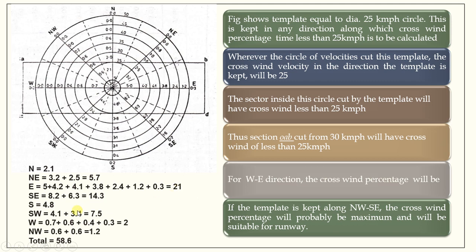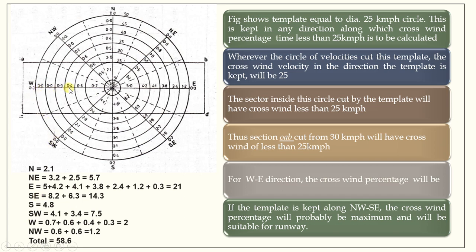So it comes out to be 21%. Southeast, if I go in this way, it is coming out to be 8.2, 6.3 and slightly more than that, so you have to take the proportionate component of that. Here I haven't taken it because this component is very negligible, but it has to have some value, so you can take some share percentage for that. So southeast should be 8.2 plus 6.3, which comes out to be 14.3. Towards south it is exactly matching with this, so again south is 4.8, and then southwest is 4.1 plus 3.4, which comes out to be 7.5.